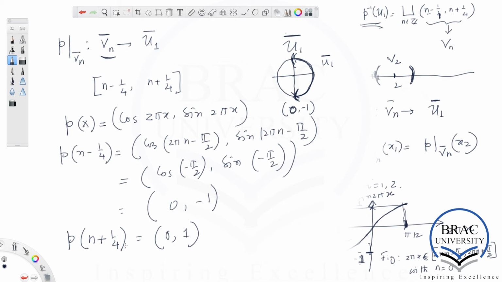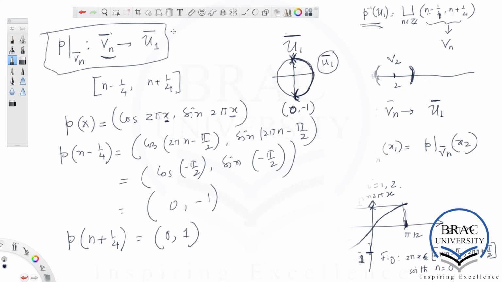Okay, you plug in n plus 1 quarter for x, and you get 0 comma 1. Okay, that's the north pole, which is the other endpoint of this closed arc in S1. Okay, so it means that for this map, the endpoints of Vn bar are mapped to the endpoints of U1 bar. Okay, and this is a continuous map,